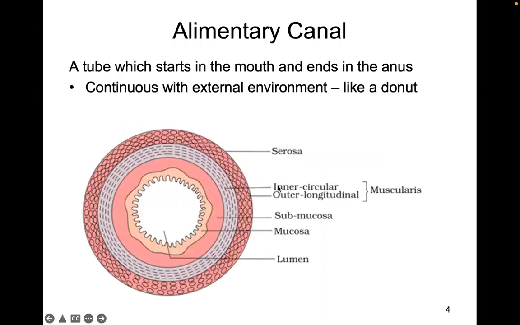So the alimentary canal, that is another name for the digestive tract. It's basically a huge continuous tube that starts with your mouth and ends with your anus. If you think about it, when something goes in your mouth and you swallow it and it goes down through your digestive tract, or what we call the alimentary canal, it is still essentially outside of your body. This is kind of crazy, because all the way from your mouth to your anus, your body chooses what it wants to absorb into the blood, and then it can be part of your body.